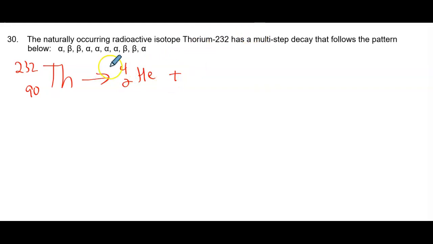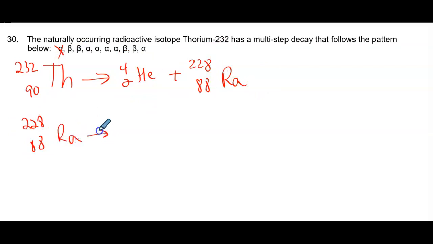What's left? Remember, we're thinking about the math. So 4 plus what gets me to 232? 228. And 2 plus what gets me to 90? 88. And 88 is element Ra. So you've done this one. Then you're going to take this 228, 88 Ra, and it's going to emit a beta particle, so 0, -1 beta. So then this is going to be 228, and this is going to be 89, which is a